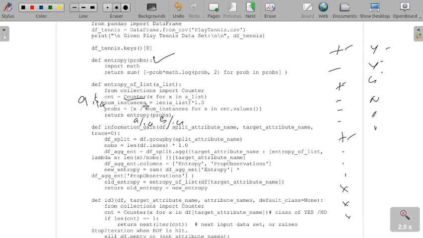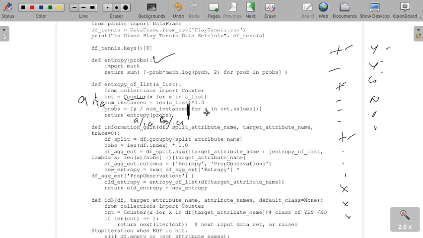You don't have to iterate through them, it is both stored in the count. So if we directly take the number of instances x in count.values, you will directly get 9, and in the second iteration 5 will get. So x by number of instances. This is the formula we are doing.